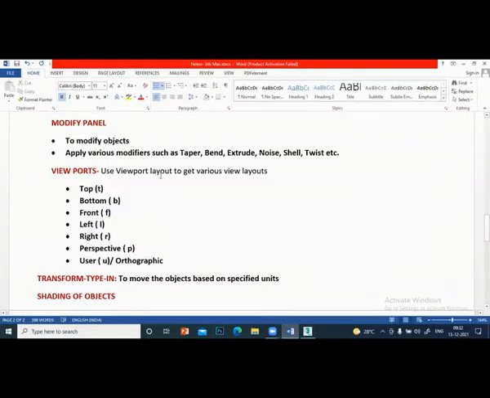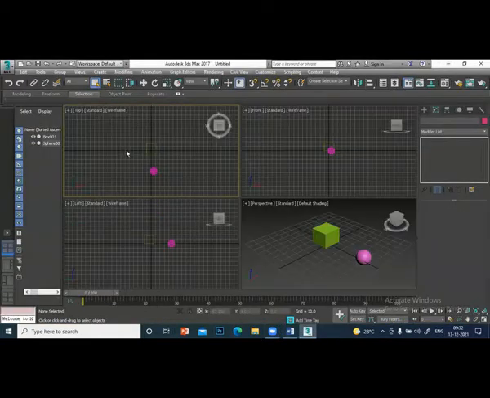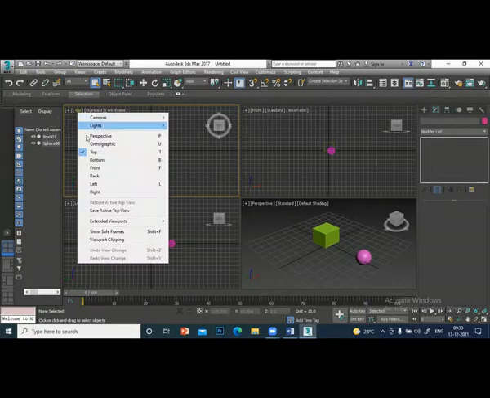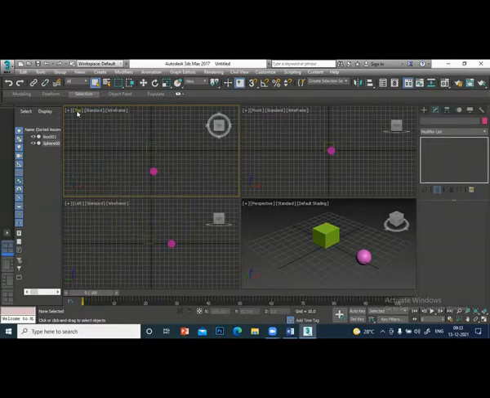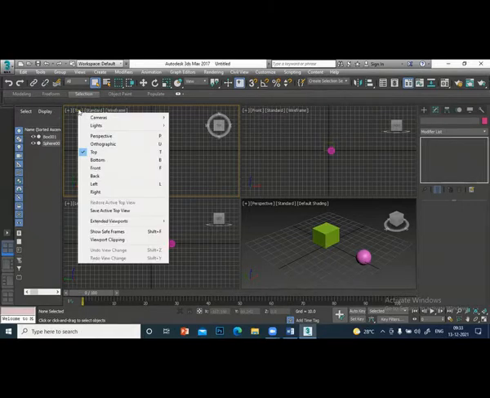And in the viewport, as I mentioned, there is a top. This is top, front, left, perspective. Suppose the front you want to see the bottom. You can change from here. You see here, click this one. And you can change to any side you want. From the top you want to see bottom, you click the bottom. From left, right, whatever you want, you can change the viewport anytime. Just selecting the name here. You can see now it is top. You click that top and you can change anyone.